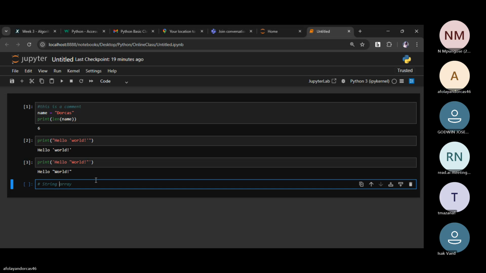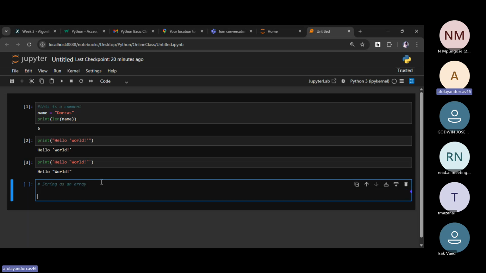An array is a collection of items. It allows you to store multiple items in a single variable. Later on, we'll be talking about list, tuple, and dictionary, so you will know what a collection of arrays simply means.